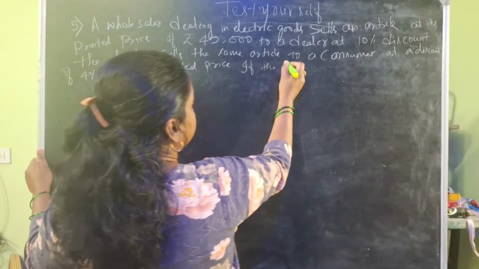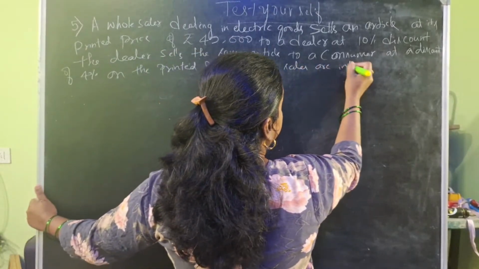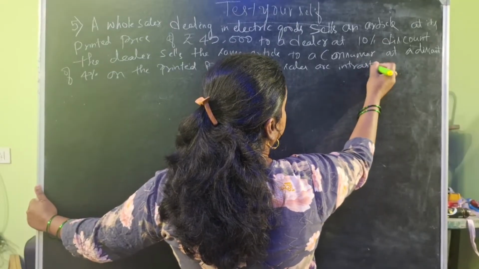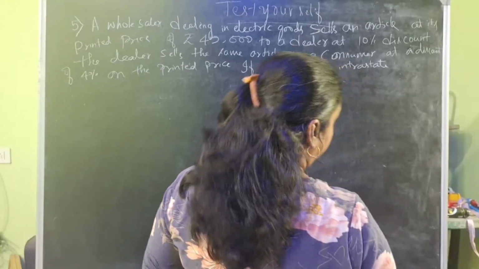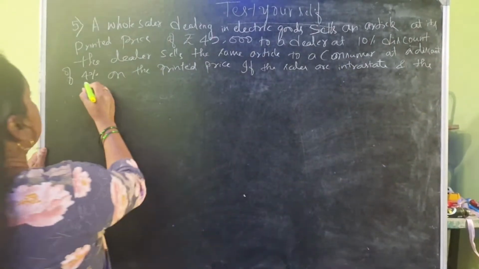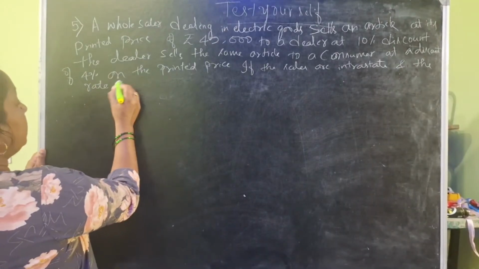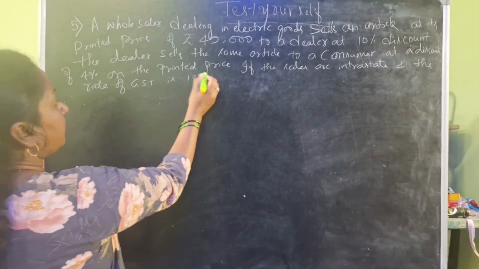If the sales are intrastate and the rate of GST is 18%, find: